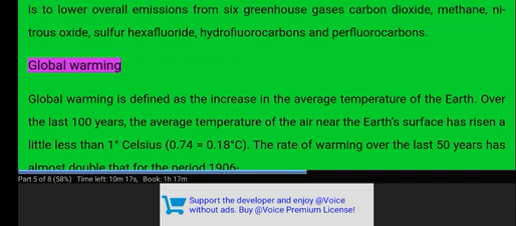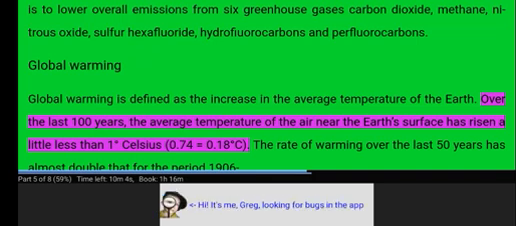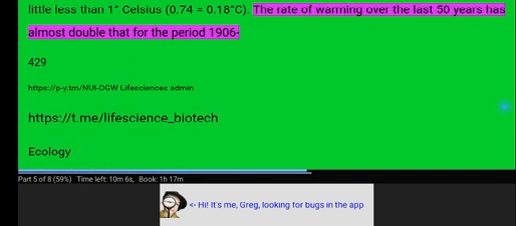perfluorocarbons. Global warming. Global warming is defined as the increase in the average temperature of the Earth. Over the last 100 years, the average temperature of the air near the Earth's surface has risen a little less than 1 degree Celsius, 0.74 ± 0.18 degrees Celsius. The rate of warming over the last 50 years has almost doubled that for the period 1906